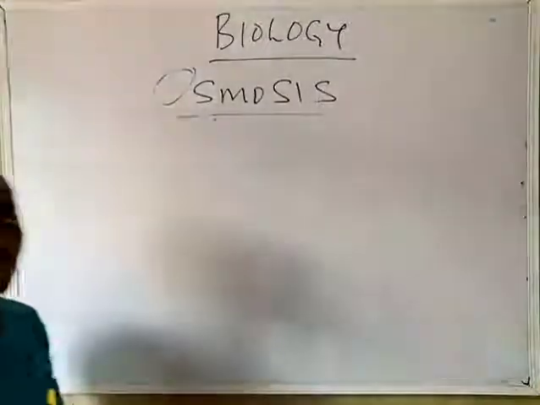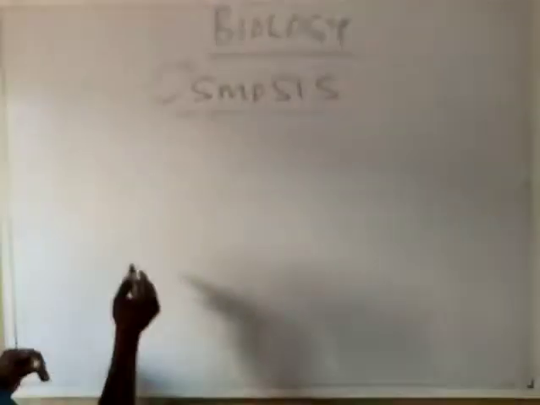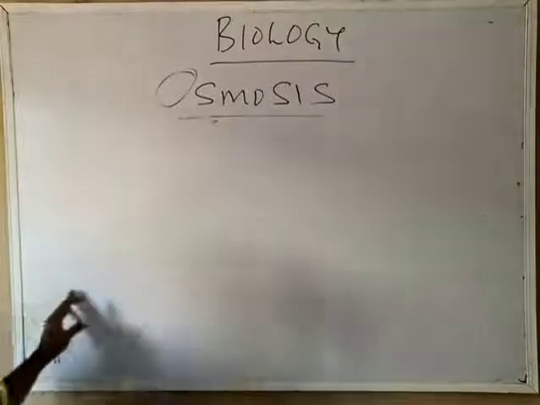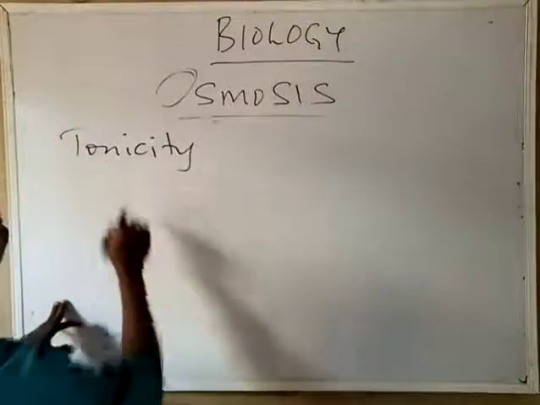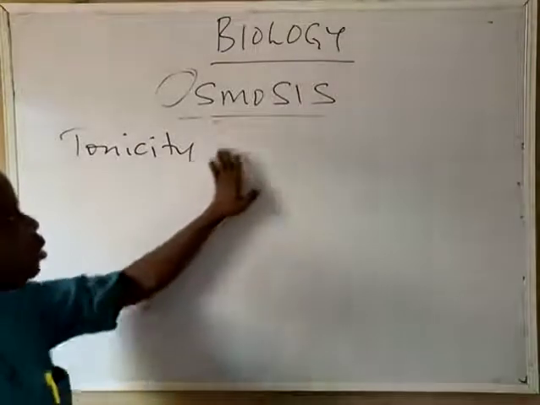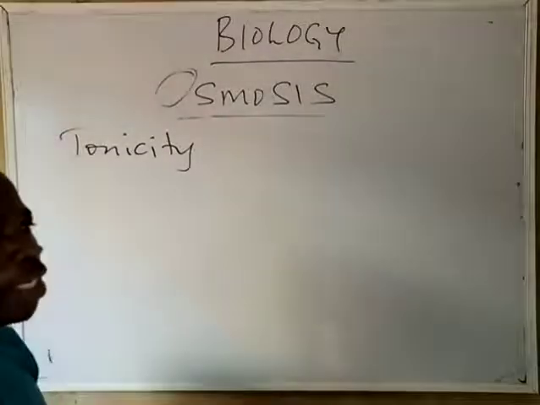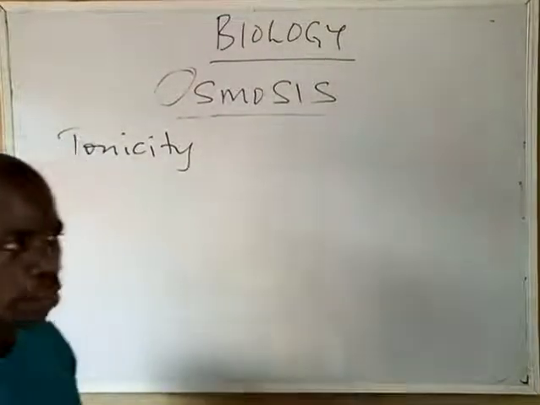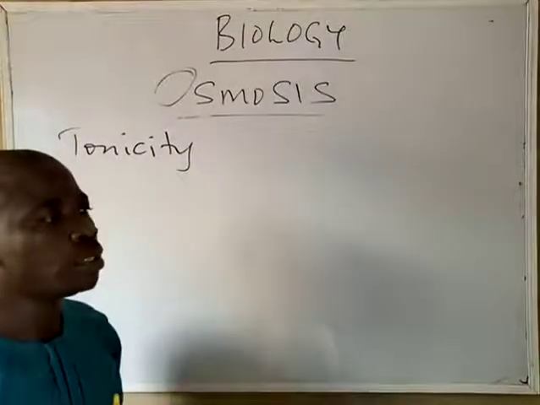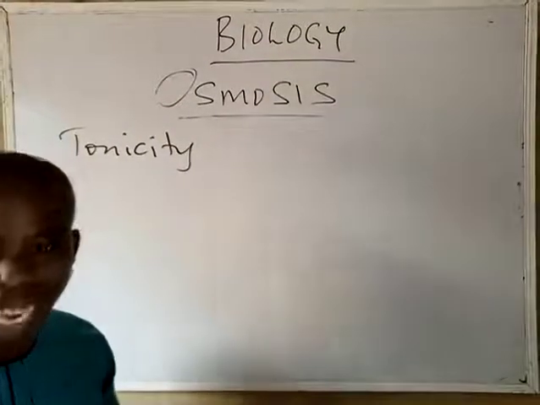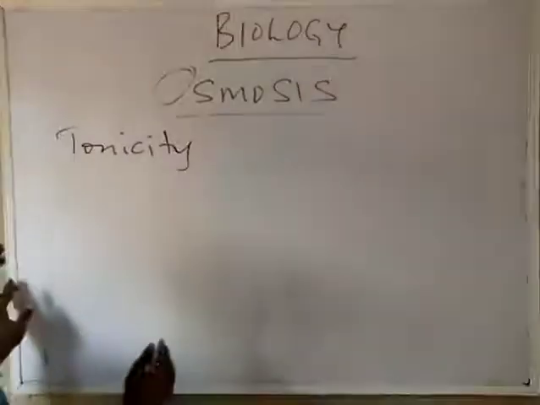Now, we want to note the different categories of tonicity. Tonicity has to do with the concentration of a solution compared to the solution that is on the other side of the membrane bounding it. For example,